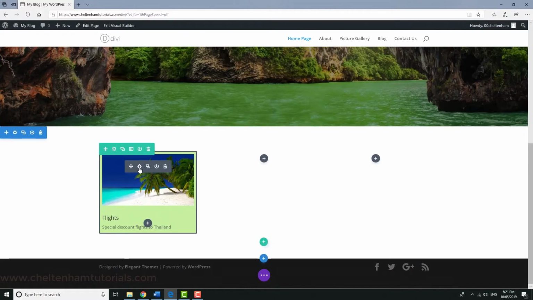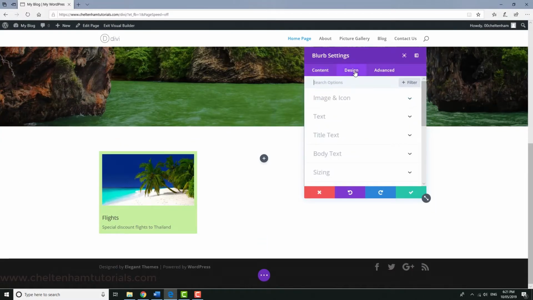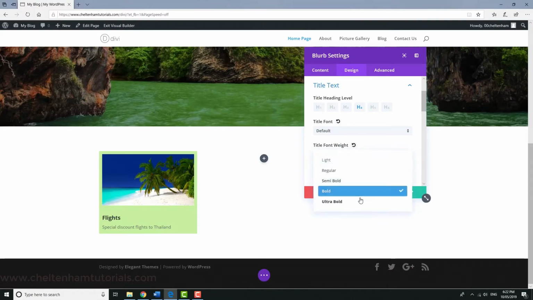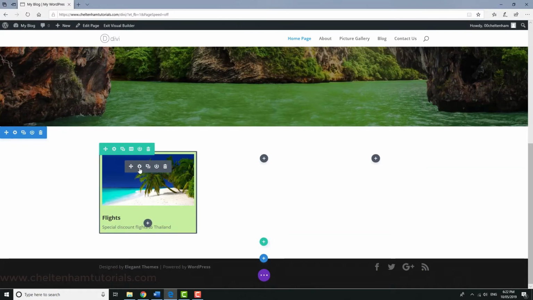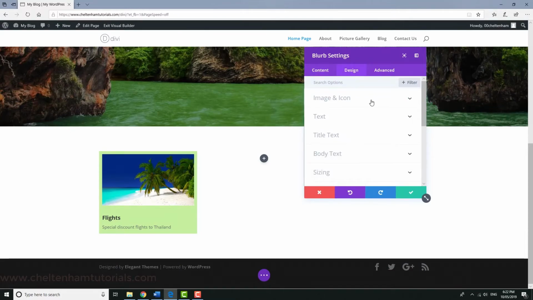There's more customization, if you want. You can go back here, click here, go to the design tab and think, okay, what else can I change? Well, you can change the title text, i.e. this bit here, or the ordinary text. So let's say you wanted to change the title text. So let's say you wanted a different type of font. Maybe you wanted something that was bold like so, or ultra bold, like that. A little bit over the top. Let's go back to bold. And it'll look like so. If we want, there are numerous other things we can change, so let's go back and see what else we can change. If I go to design here,